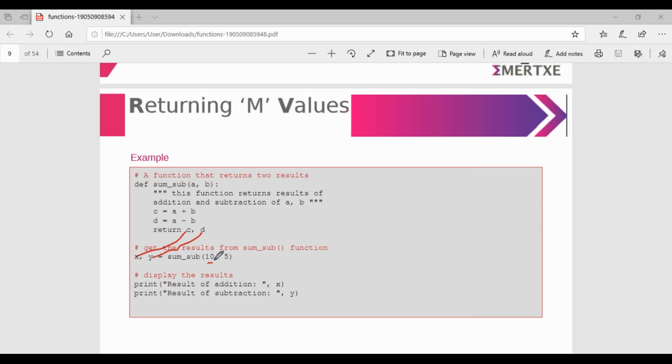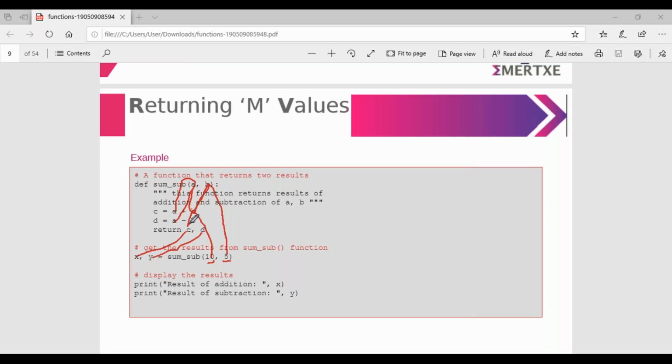So these 2 values are represented: one is for a, one is for b. Once you know the a value and b value, you can directly compute.